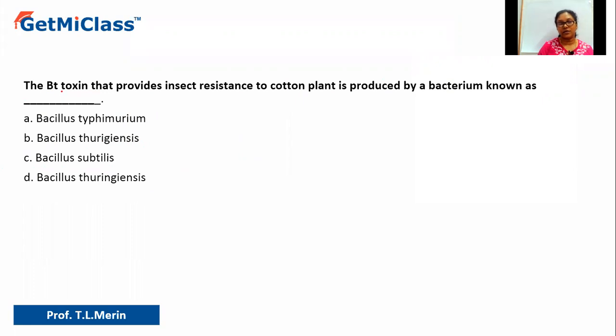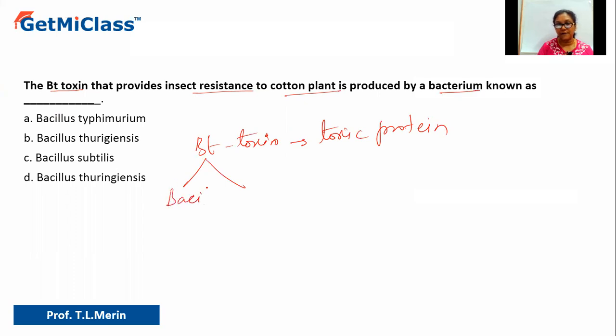So let us understand the question. It says the Bt toxin that provides insect resistance to cotton plant is produced by a bacterium. So which bacterium produces Bt toxin? Now what is Bt toxin? Bt toxin is a type of toxic protein. So why is it called Bt toxin? Because it has been derived from a bacteria where B stands for Bacillus and T stands for thuringiensis. It's a particular strain of bacteria,